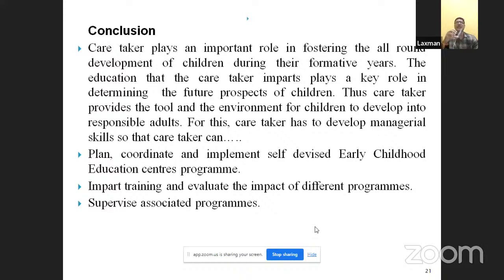The development of children during the formative years, the education that the caretaker imparts plays a key role in determining the future prospects of children. Thus, the caretaker provides the tools and the environment for children to develop into responsible adults. For this, the caretaker has to develop managerial skills so that the caretaker can plan, coordinate, and implement a self-devised early childhood education center program,